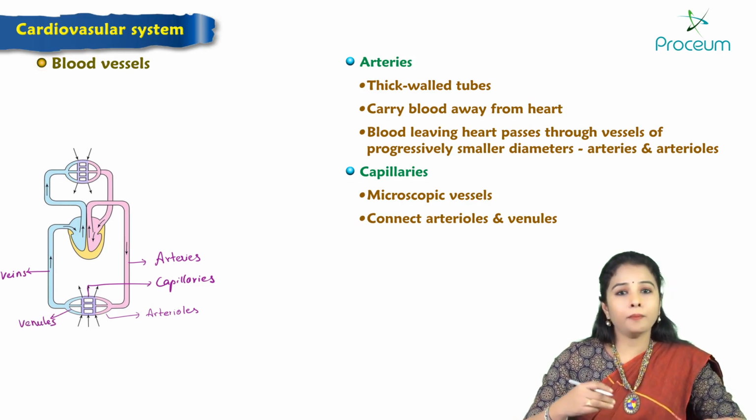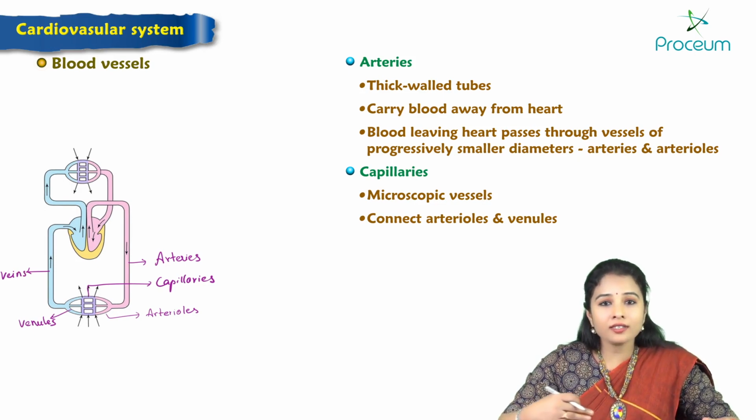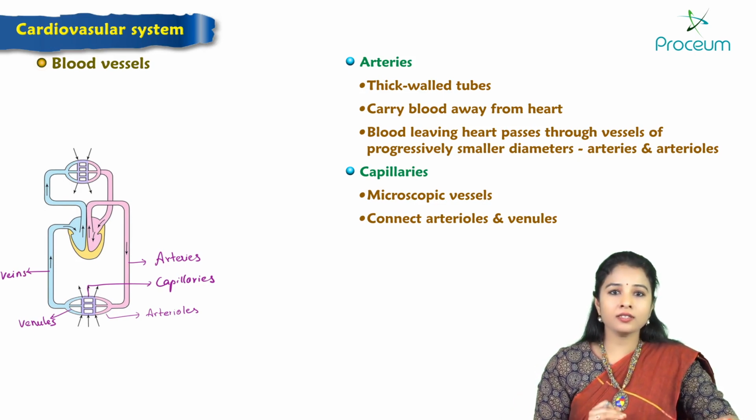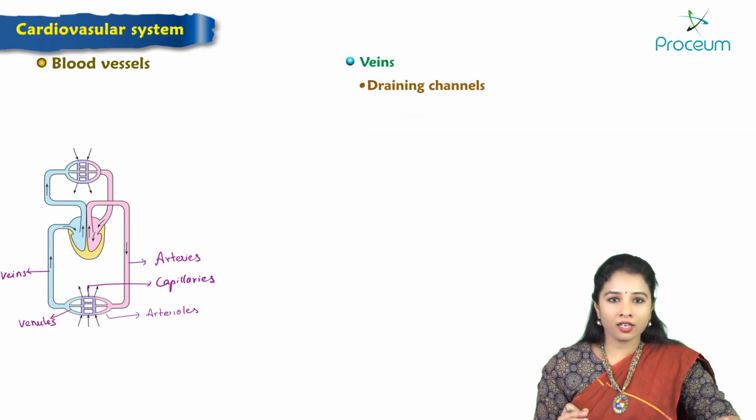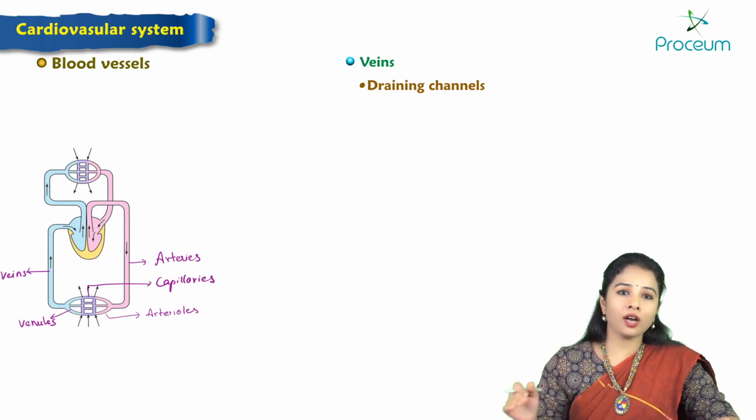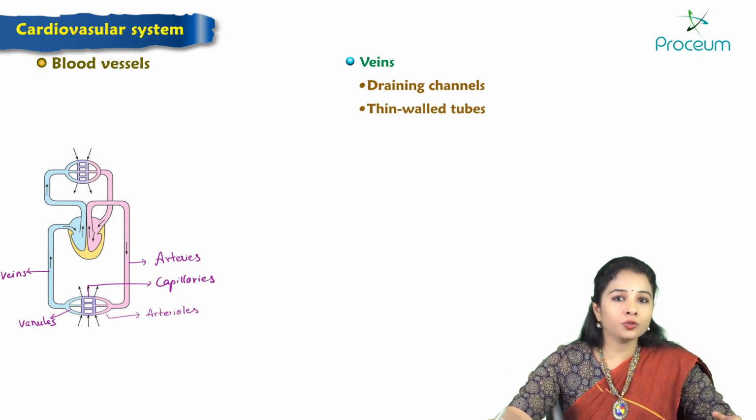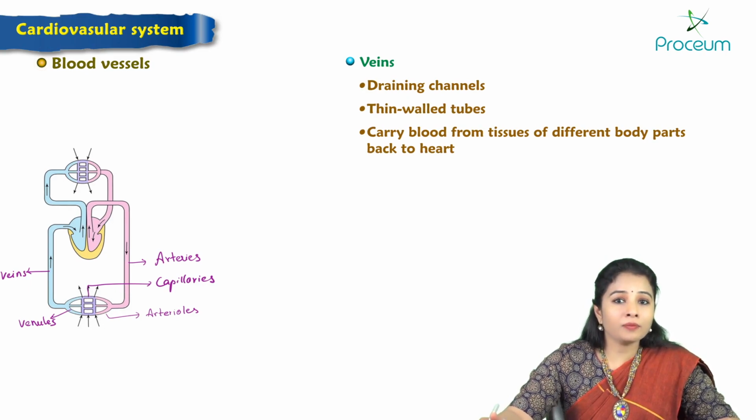Veins carry the blood back to the heart. So arteries are like distributing channels. Veins are draining channels, so they drain the blood to the heart. They are thin walled tubes that carry the blood from the tissues of different parts of the body back